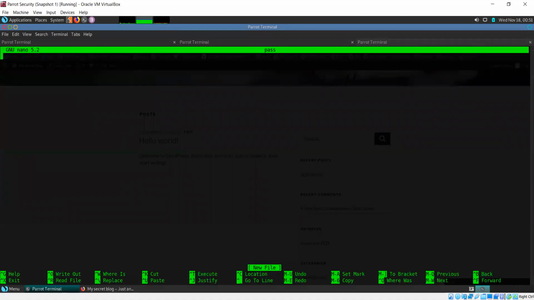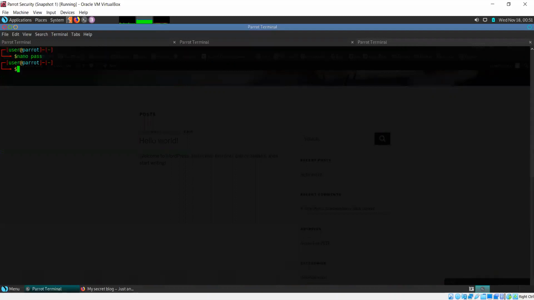Now, what I'll do is I'll create a file, nano pass. I'll simply paste this password hash, save and exit, and I'll use John the Ripper to crack this password.